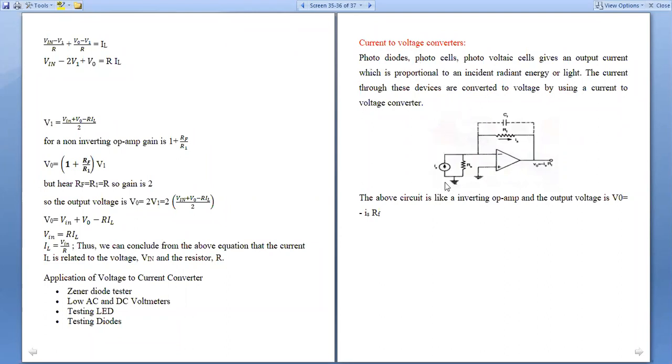We have used a particular photodiode or a photovoltaic cell and this particular input connection, and we converted the voltage signal into a current signal. Okay, right. So coming to the next discussion,